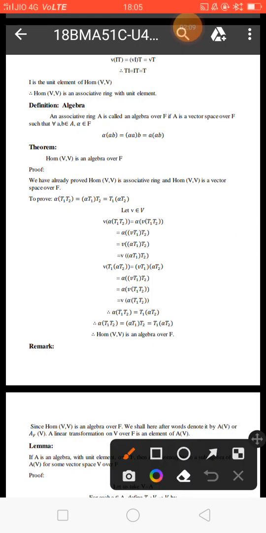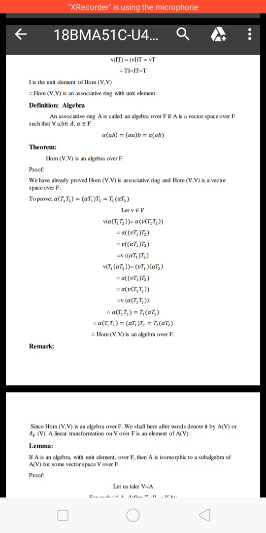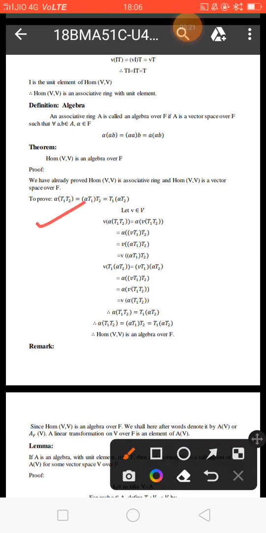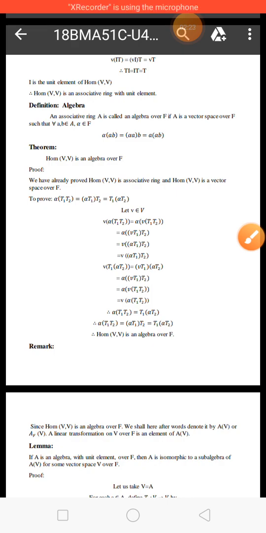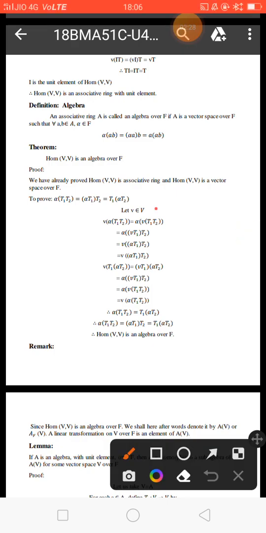Proof: we have already proved Hom(V, V) is an associative ring and Hom(V, V) is a vector space over F. To prove α(T1T2) = (αT1)T2 = T1(αT2). So let small v belong to V. Then v(α(T1T2)) = α(v(T1T2)), which implies